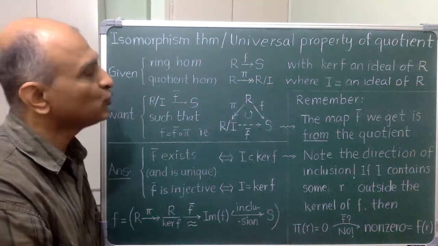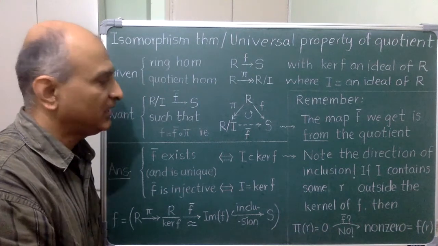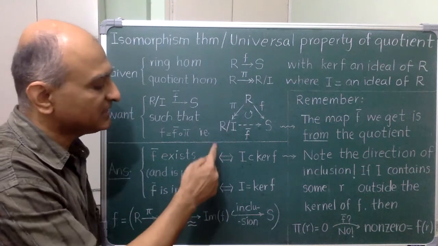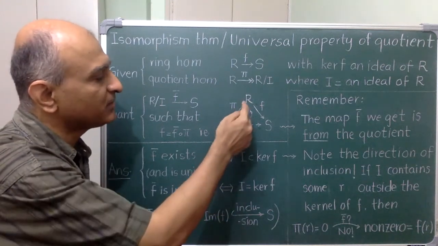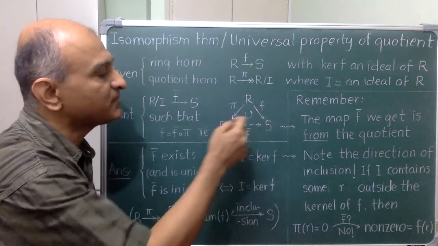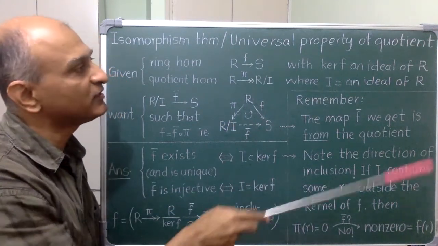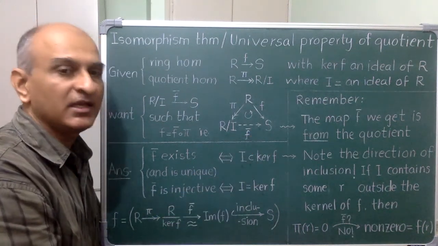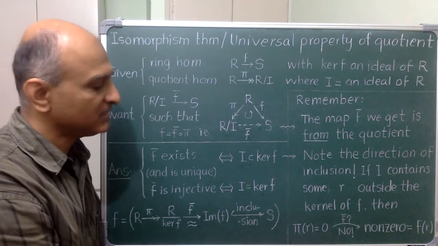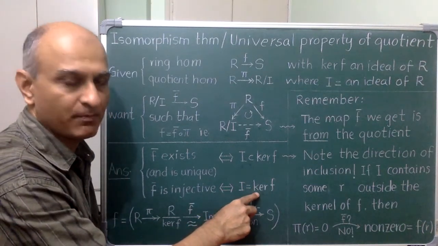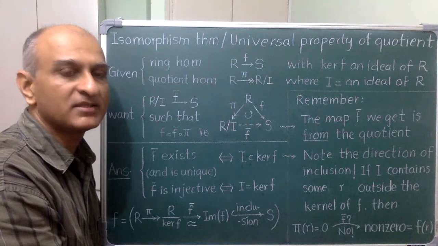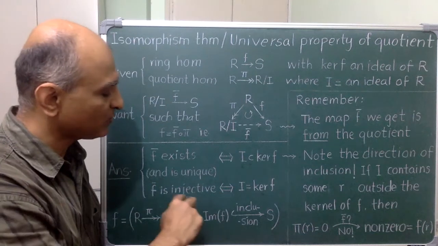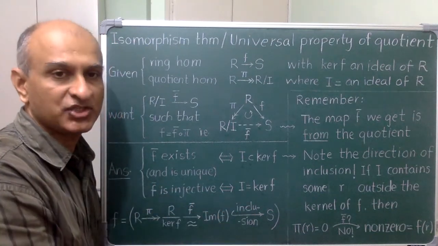Finally, there are two ways to think about this theorem. If I am given the ideal I and regard it as fixed, then this is about what's so special about the quotient map pi with respect to other maps from R. You can formulate the universal property of the quotient precisely if you wish. On the other hand, if F is given to me, then calculating the kernel of F becomes important. Now you should go back and see all the kernel calculations that we did in the last lecture and see what the isomorphism theorem has to say in each case.